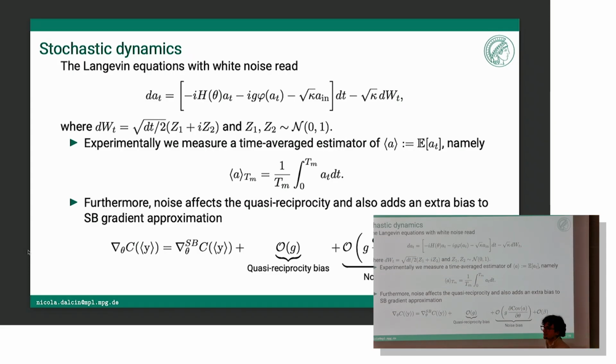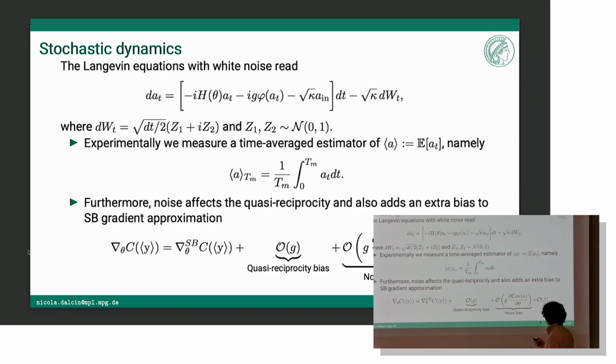steady state, you could argue you have an average distribution, and what you can measure is just an estimator of this. Experimentally this is reasonable. You measure your output for a while, and then you average out the noise, and here you have to do another expansion. It's a bit more complicated because it's a stochastic nonlinear differential equation.